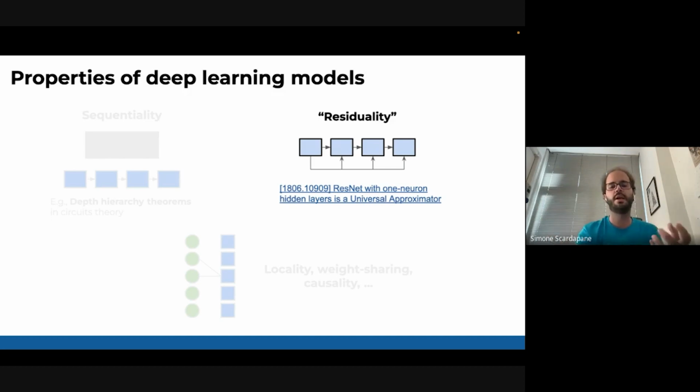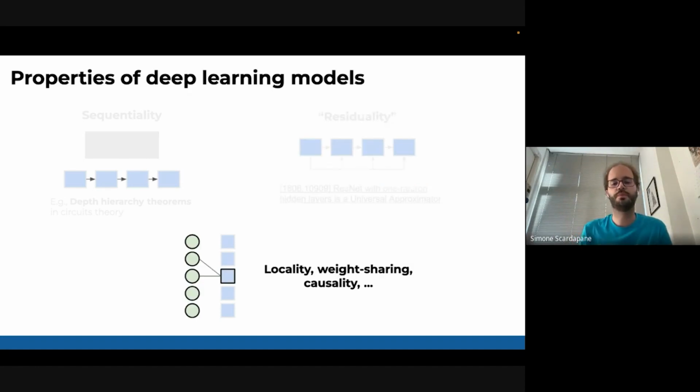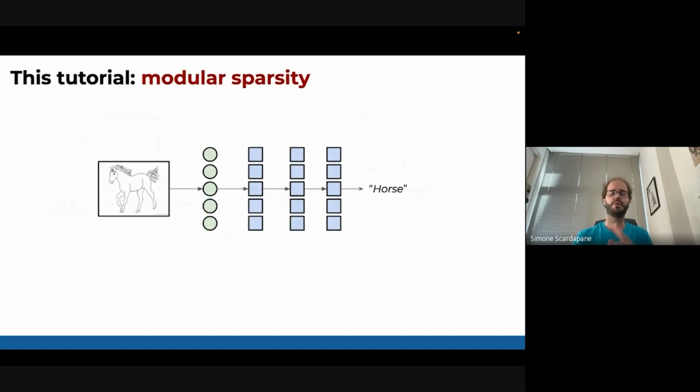So you can now connect your neural network to a whole field of numerical optimization, and you can, for example, apply different solvers in continuous time to train and optimize these things. So you make a small change in the way the neural network is made, and you drastically change what you can do and the way you can interpret this neural network. And there are many more. Convolutional neural networks have locality, you have weight sharing, causality, for example, in these large language models and so on. And what I wanted to talk about is what I'm calling here modular sparsity.